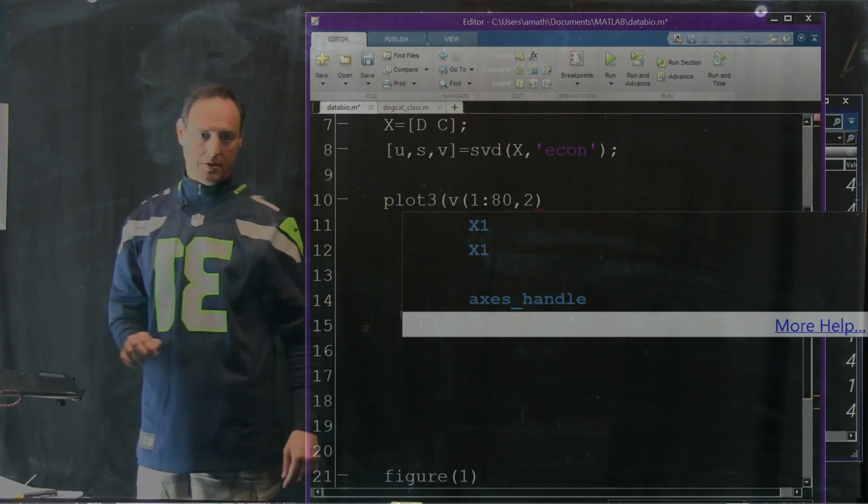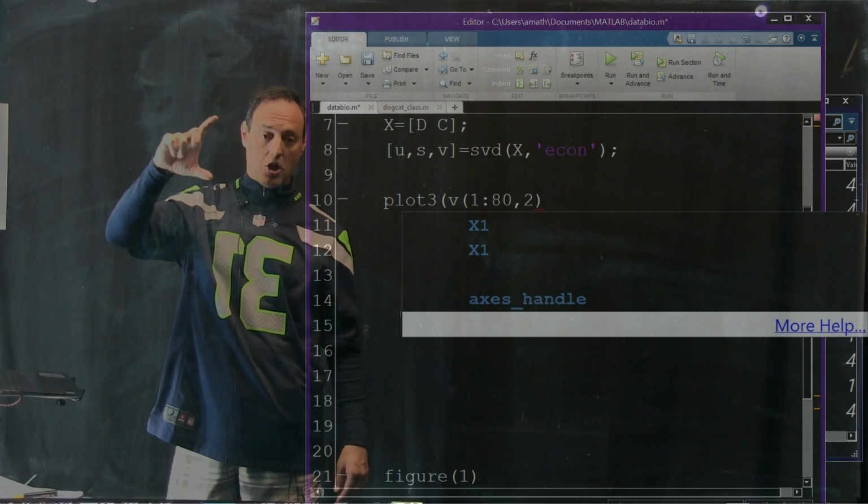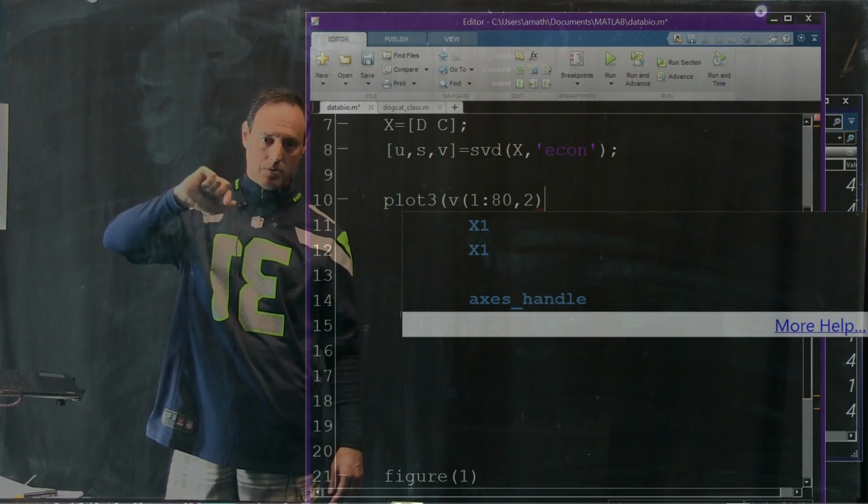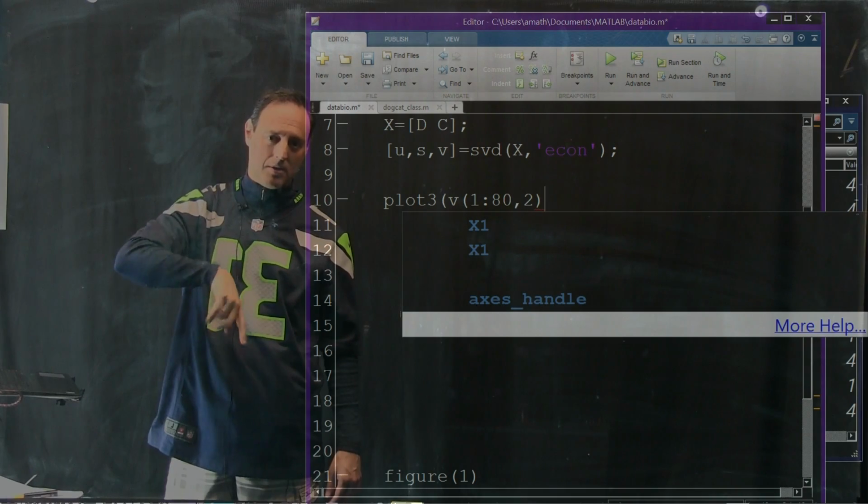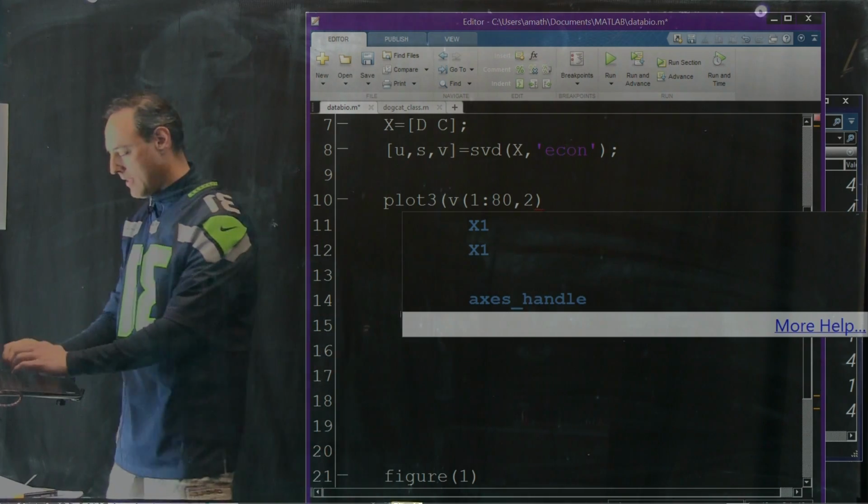Remember, the first 80 of these are dogs. Okay, the first 80 rows are dogs. The next, from 81 to 160, are cats. And I'm going to plot the second column